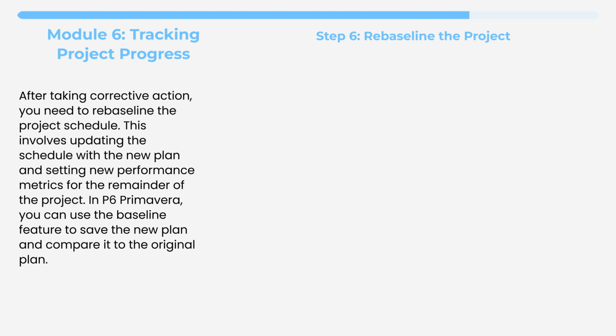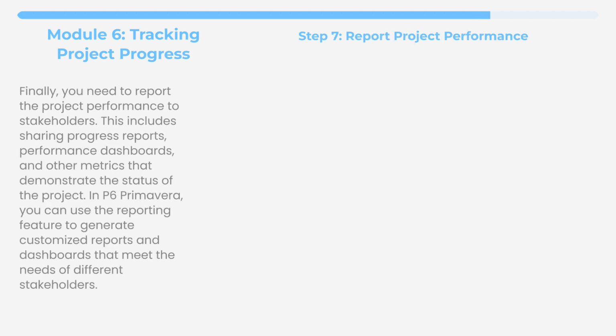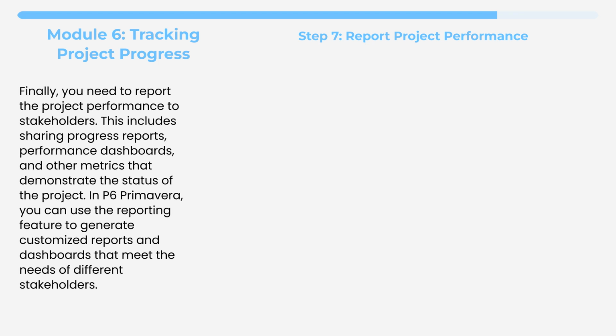In P6 Primavera, you can use the baseline feature to save the new plan and compare it to the original plan. Finally, you need to report the project performance to stakeholders. This includes sharing progress reports, performance dashboards, and other metrics that demonstrate the status of the project. In P6 Primavera, you can use the reporting feature to generate customized reports and dashboards that meet the needs of